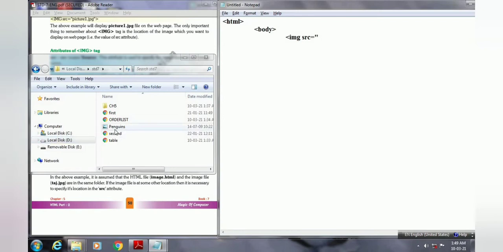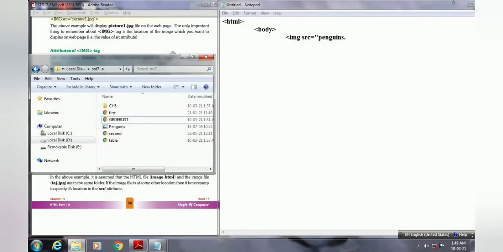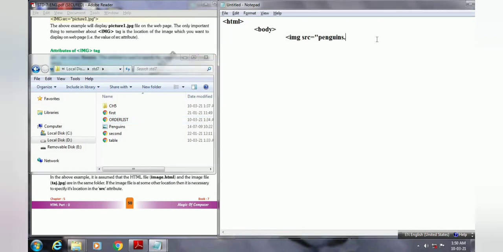What is the name of our image? It is penguins. The spelling must be correct, so I am writing penguins. This type of file is a .jpg file. Here you can see the file format is JPG, so you also have to provide the extension of your image file, that is JPG.